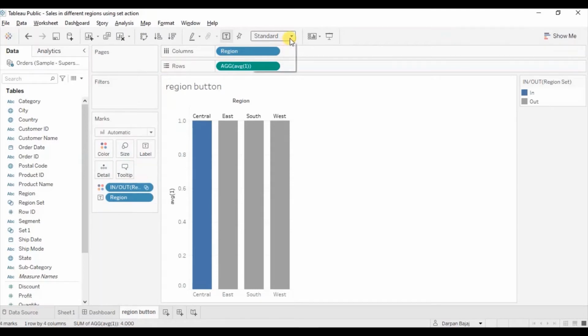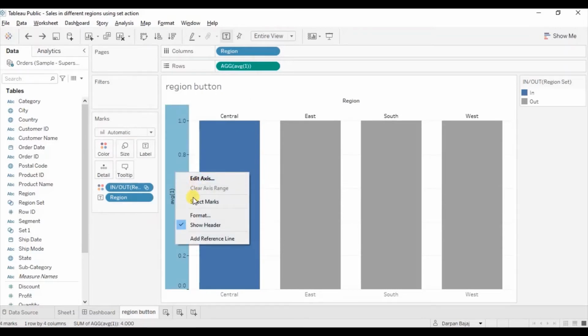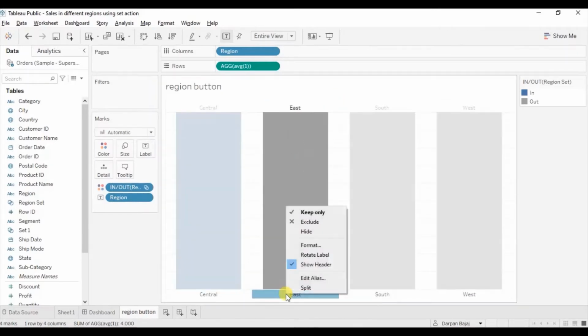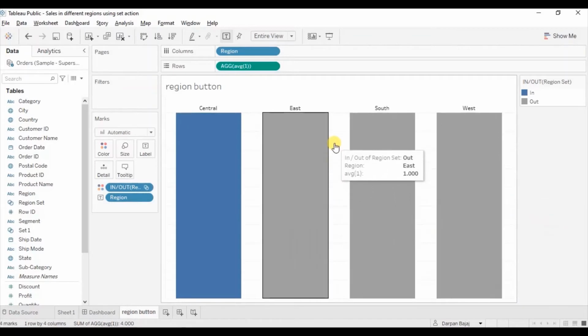Change the view from standard to entire view. Let's hide the headers to get a cleaner view. Untick show header. Remove the field labels. Now let's remove the header from here. Uncheck show header. Remove the grid lines that we are getting.